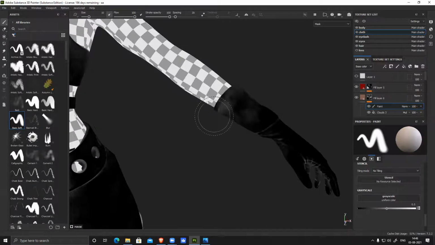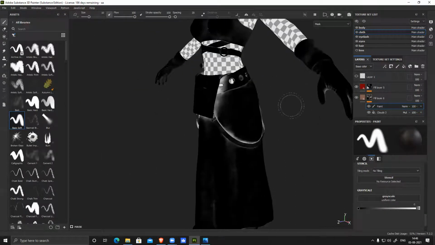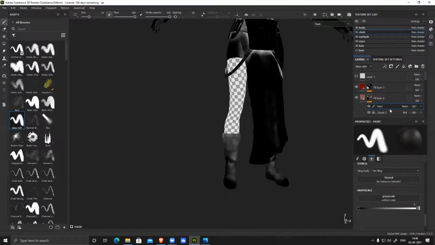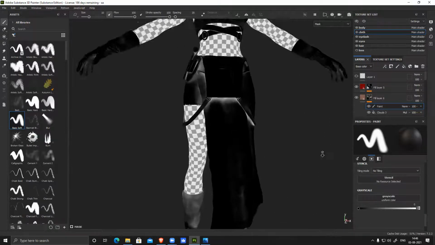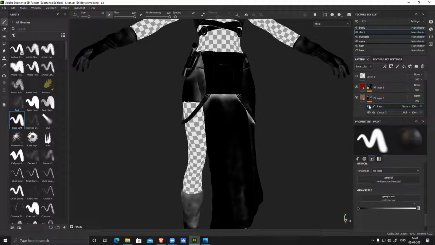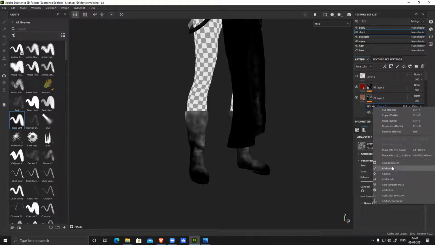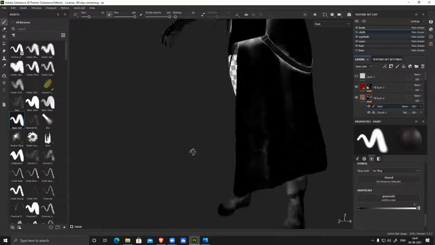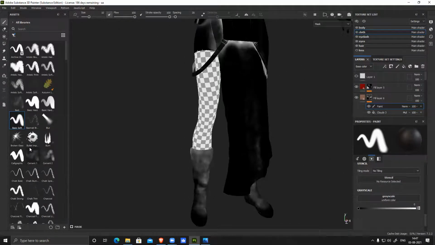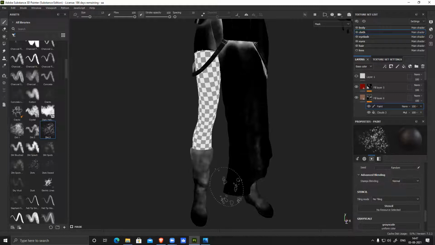Now I have to remove this area from, so black, wherever I don't want it. But that was kind of fine. Paint. Let's use some dirt and all.